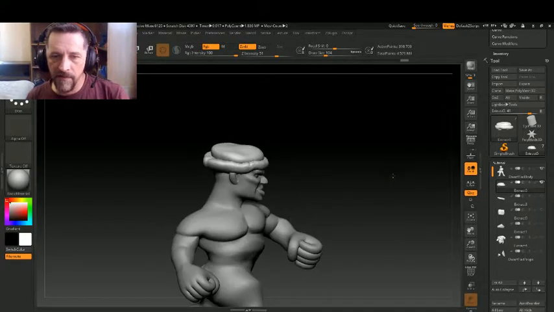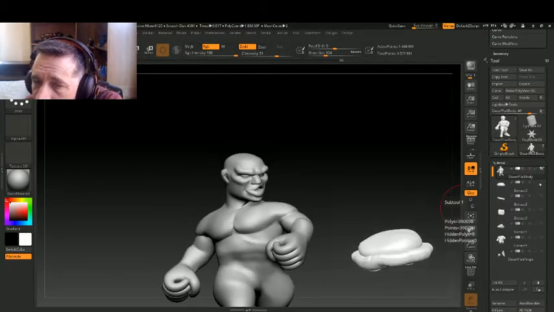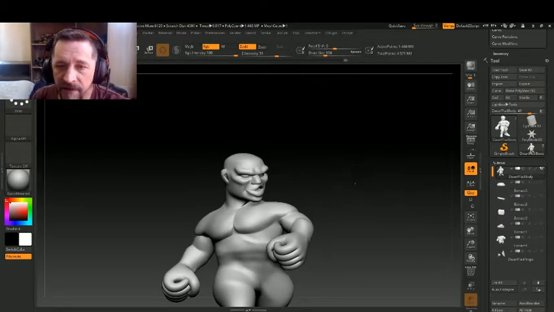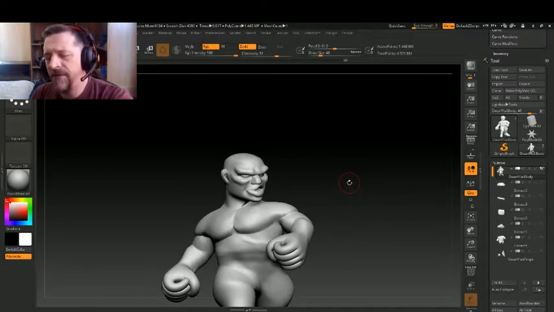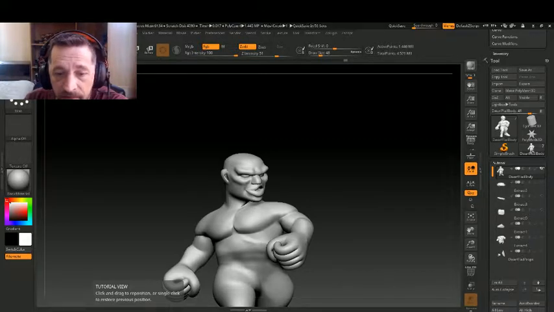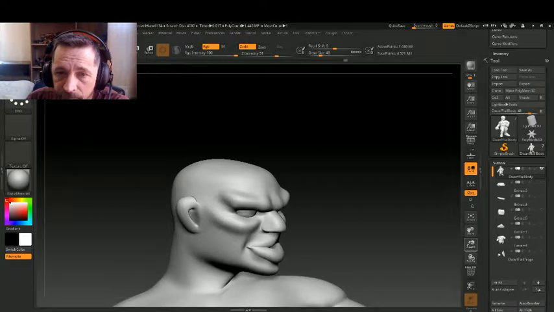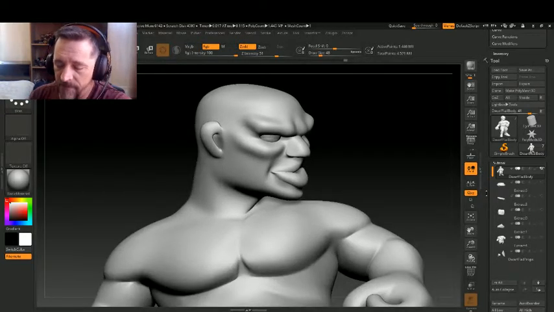Now he needs his beard. Now, the beard that I've been asked for is going to be kind of weird. But don't be scared, it's just a beard. The beard that I've been asked for is a Castro-style beard. Which basically means